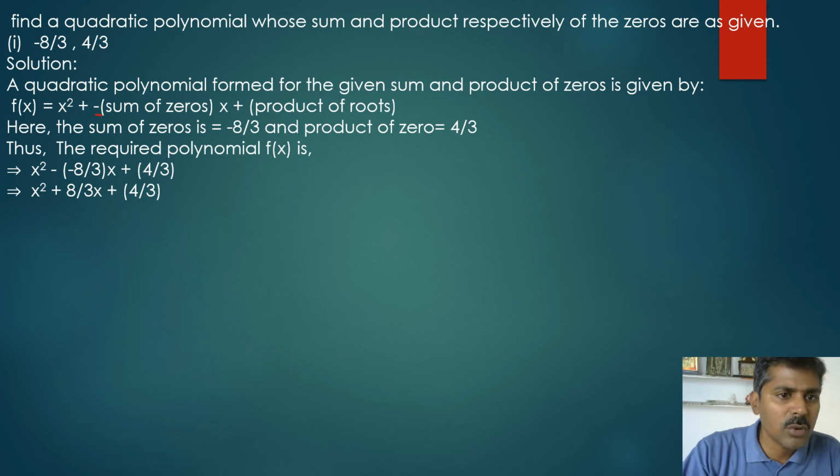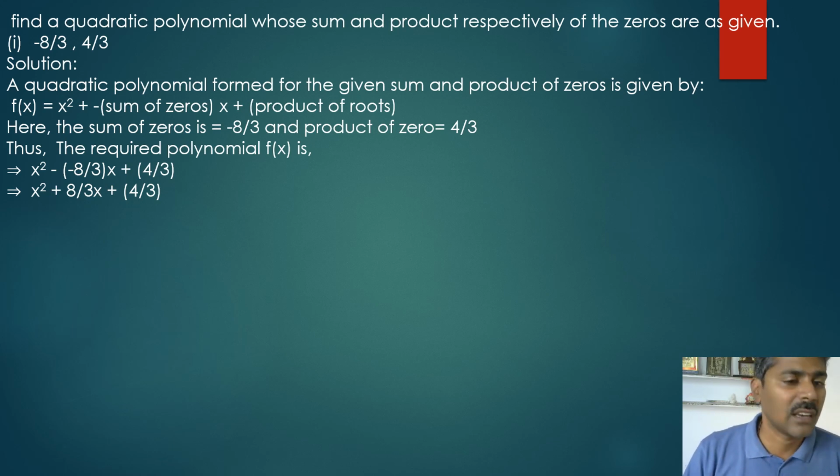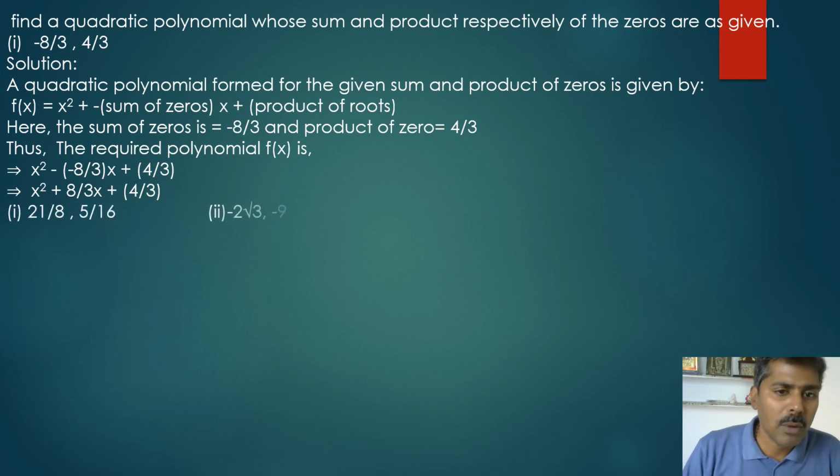Many students are putting that equal to 0. No, it's a polynomial. It can never be equal to 0. You should not do that. They asked for the polynomial. They didn't ask about the equation. If they asked for the equation, you can put equal to 0. But they didn't ask for the equation. Hence, this is the polynomial. So you can try some more problems like this, non-routine ones, which are in the textbook.